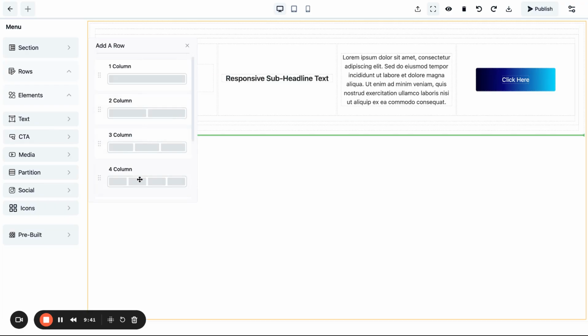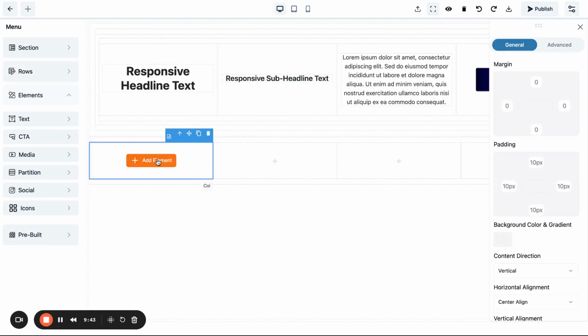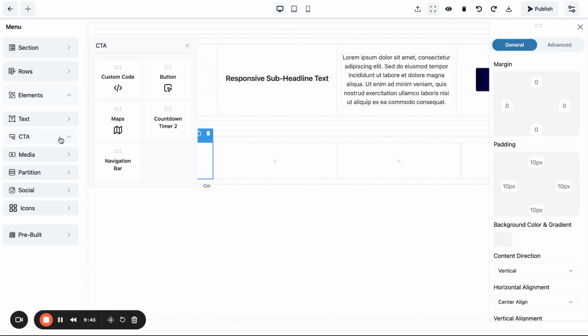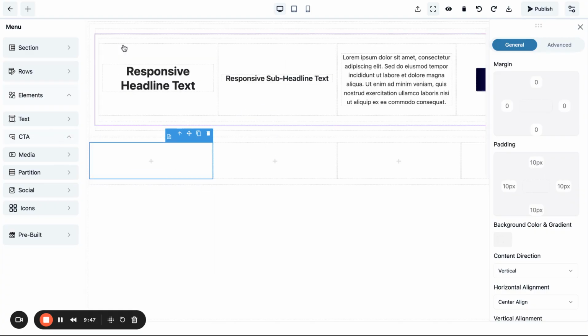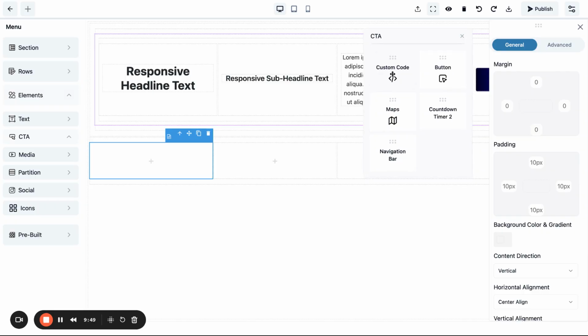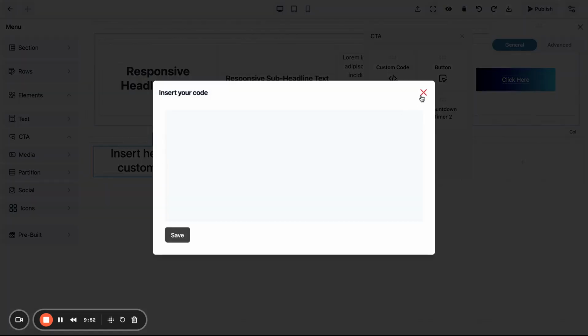Again, take up another four columns. I'll add the four columns here and click on element. And let's go to the next one. In the call to action, you have custom code. Now, what is custom code? Custom code is where you can just directly drag and drop here, and you can